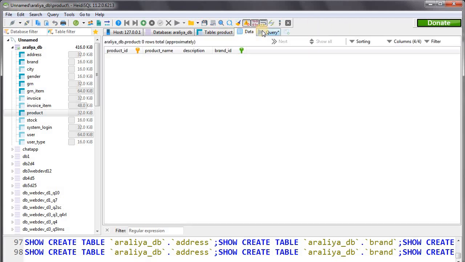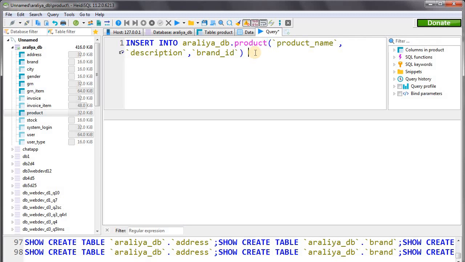Okay, now we can add our values within brackets, and here's the first value.